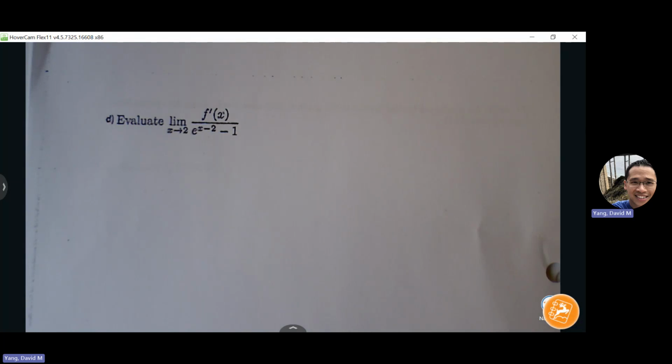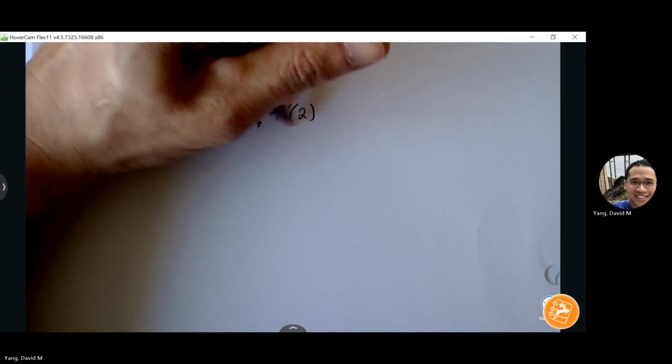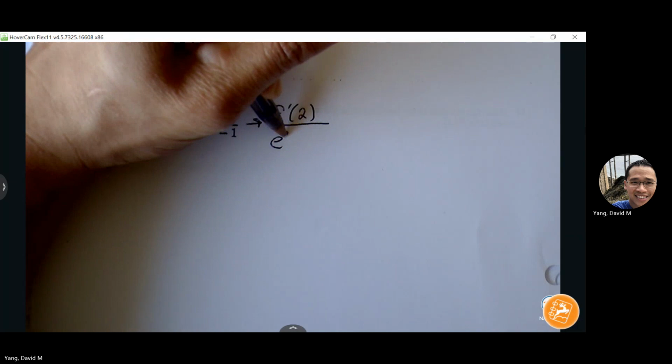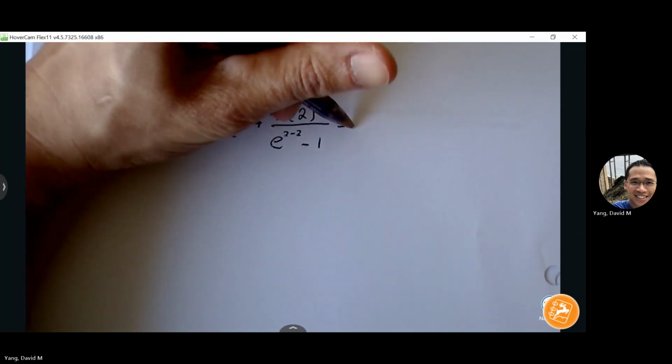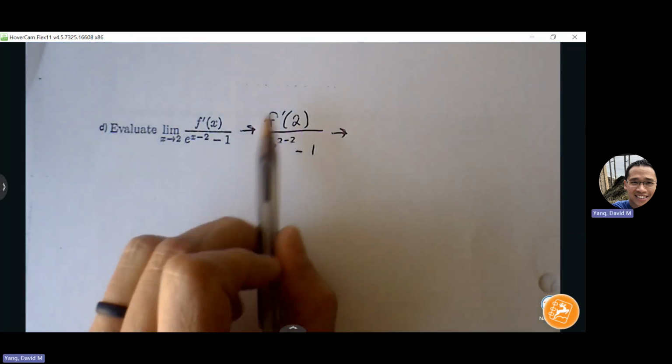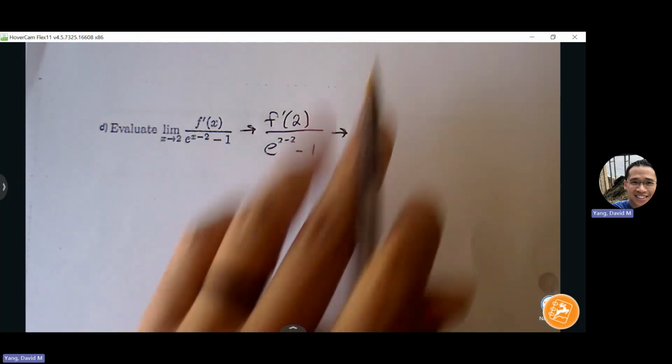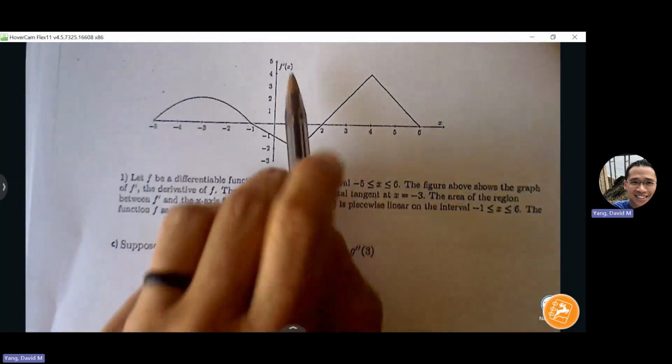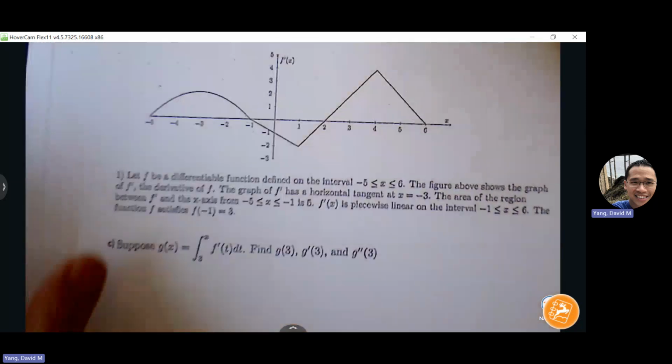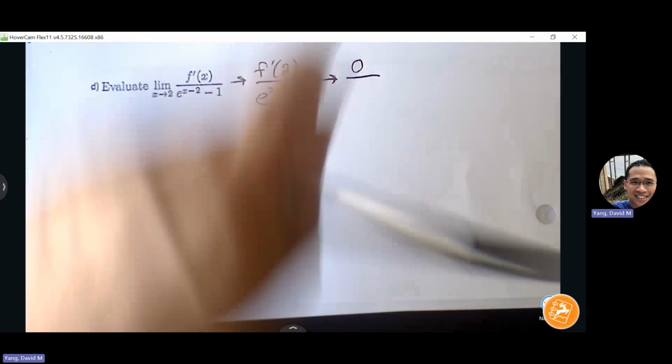We don't know if there's a hole there. Is there an asymptote? Is it continuous? We're just doing information gathering at the beginning. So we're going to plug 2 in, see what's going on. And then we can do further evaluation. F prime of 2. This is the F prime graph. So F prime of 2 is just what? Just 0, right? So 0 over